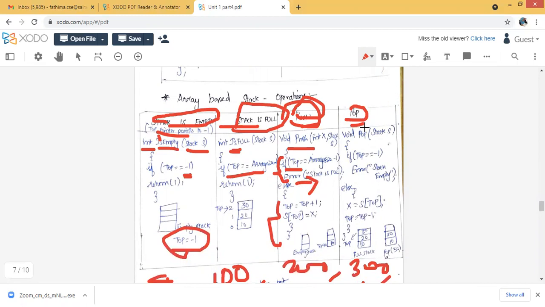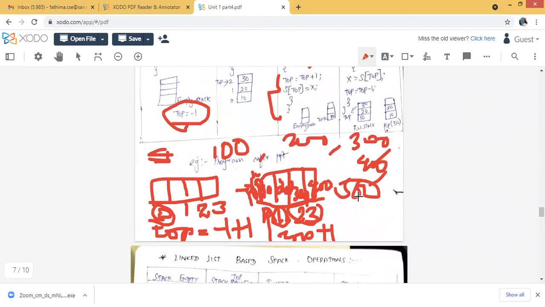The next one is the pop condition. The quite a difference between the routine of push and pop is the argument. Whatever element you want to insert, you pass it as an argument in push. In pop, we can't do that, since we have to delete the top element, not a specific element. So we just write void pop of stack. If my top is -1, that means the stack is empty, and obviously it will give a stack empty error. Otherwise, we will do the pop.